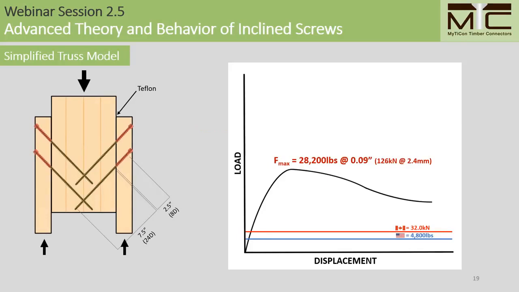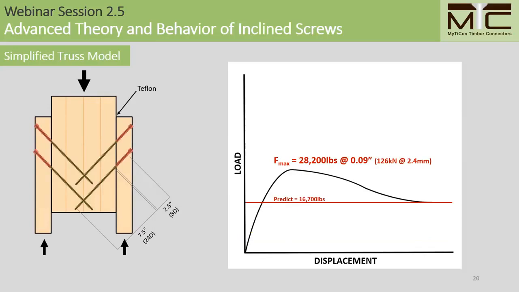On this chart, we can see how the design values compare to the ultimate value achieved in testing. So I've also included the Canadian factored resistance as well for reference. For the American design values, here we achieve a factor of safety of approximately 5.9. So interestingly, we can remove the factors of safety from the withdrawal values, and by doing this, we can estimate